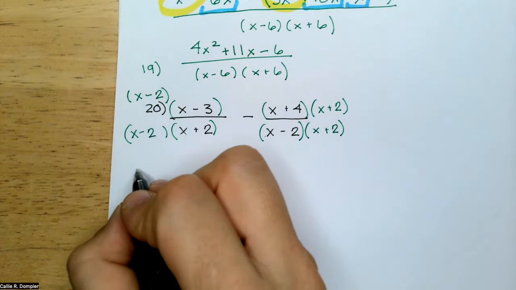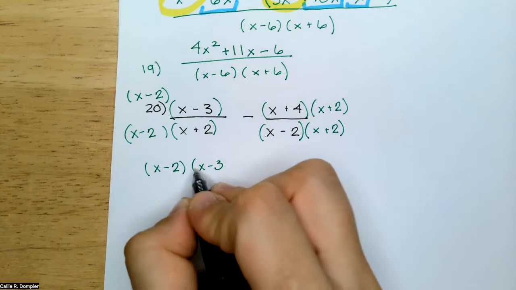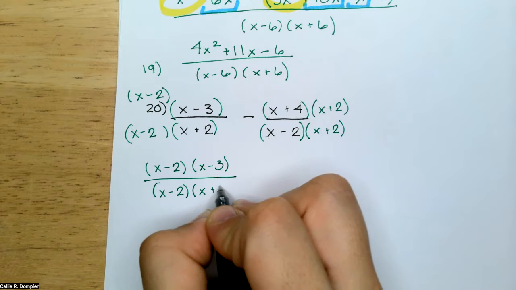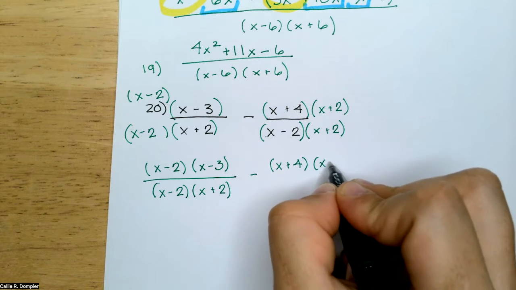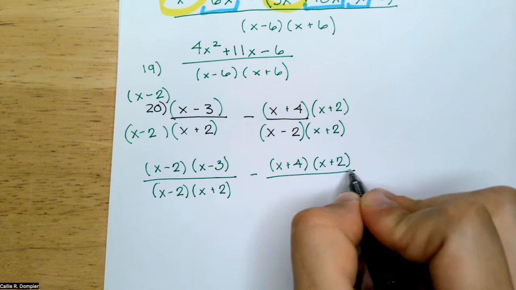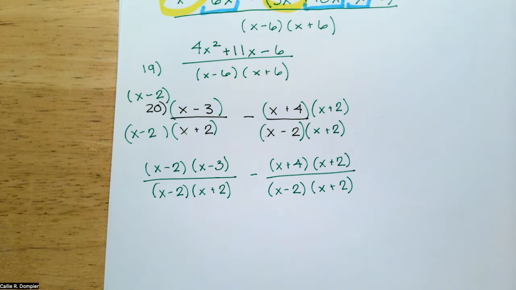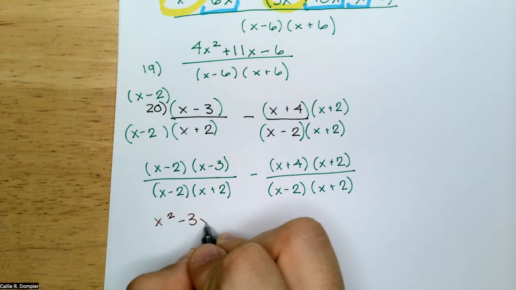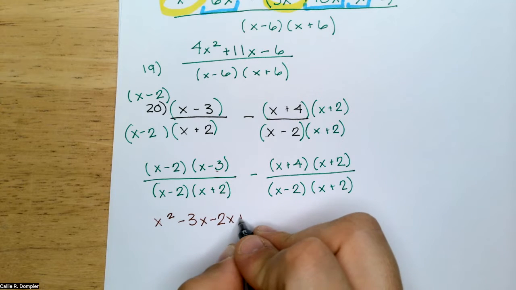Good. Okay. So now if I rewrote this, it would be (x - 2)(x - 3) over (x - 2)(x + 2) minus (x + 4)(x + 2) over (x - 2)(x + 2). Good. Now again, you're just going to distribute. So x times x becomes x squared. x times negative 3 is minus 3x. Negative 2 times x is negative 2x. Negative 2 times negative 3 is a positive 6